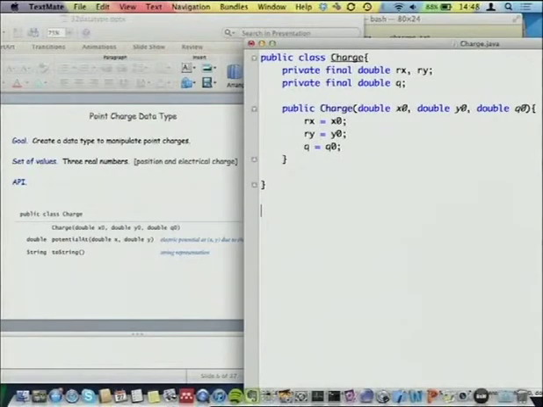class. So now, if I have a client program somewhere, this is not part of this code, I could write things such as charge c1 equals new Charge, and then I can give values here: 0.5, maybe 0.6, and I don't know, 1. And remember, when I do this, it calls the constructor over there automatically. So in other words, c1 now has these instance variables Rx, Ry, and q, and they are associated with this